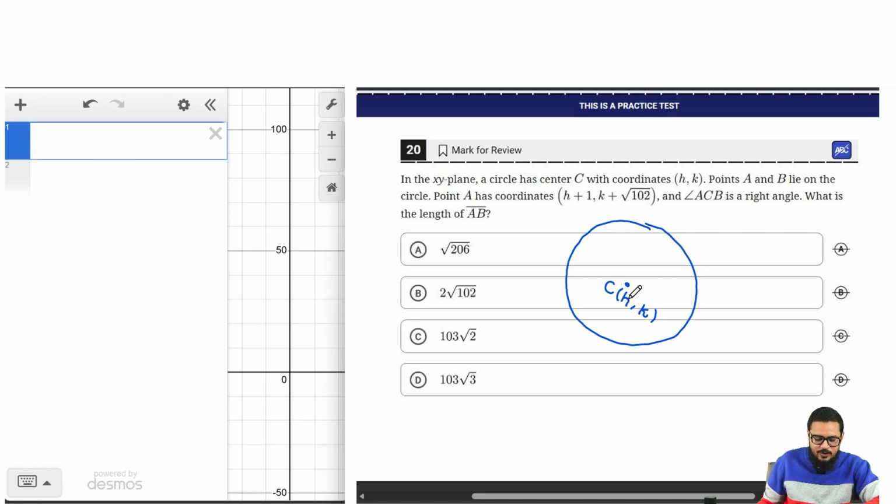So if you see that this is h, you add 1. For example, let's say this is my 1 right over here. This is my 1 value. So this would be h plus 1. And then from there, you're going to move